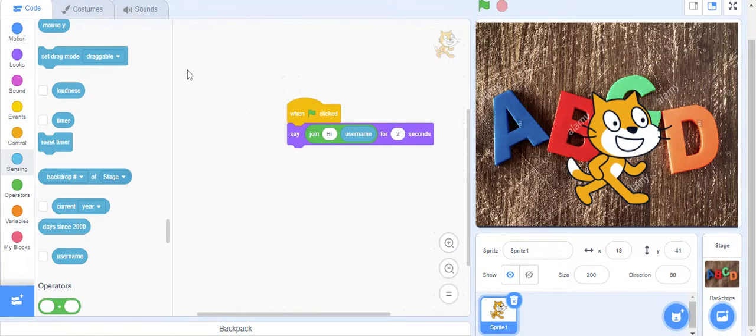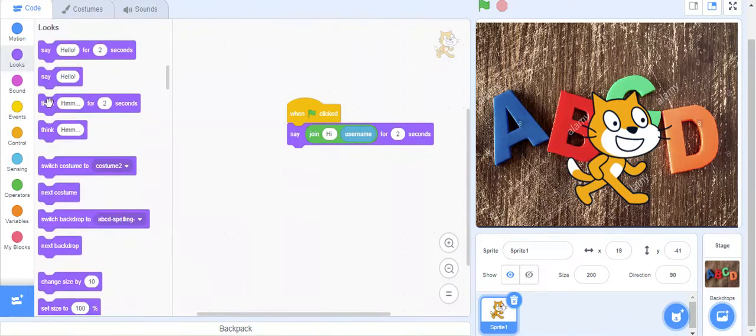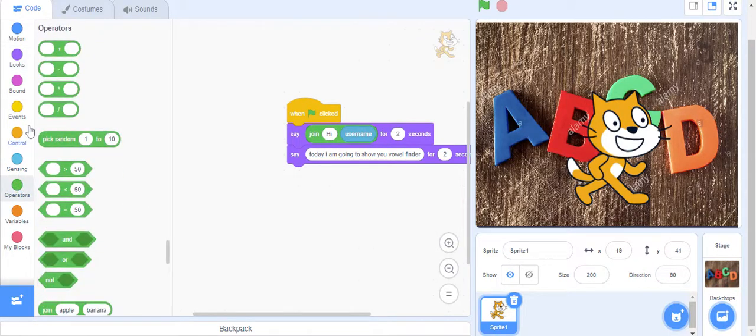Okay, done. And now we will take the say block and enter: Today I'm going to show you vowel finder. Okay, so this is done, and then we will go to sensing